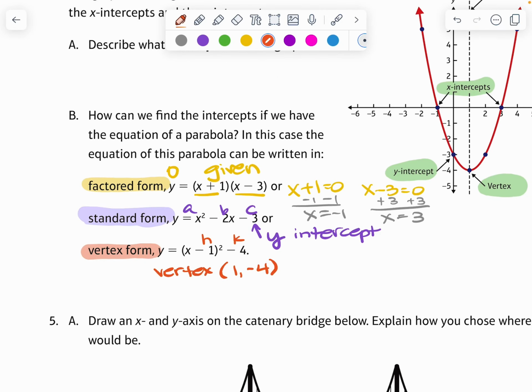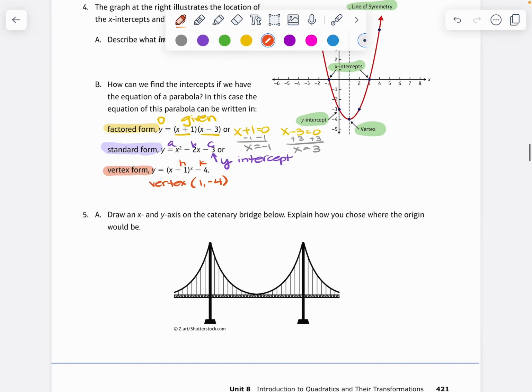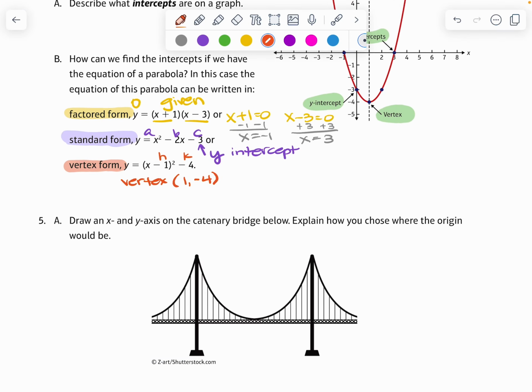Okay, now we can also solve for it. You could take the 4 to the other side and take the square root. You don't have to, all right, but you could. It kind of works nicely. All right, we're going to do that, of course, on another lesson. Okay, so what we're going to do is take a look at this catenary bridge below, and we're going to figure out where the x and y axis is. All right, let's look at the top of the